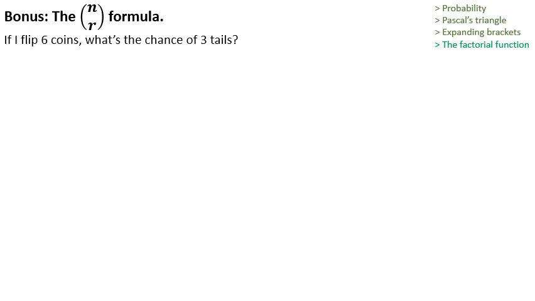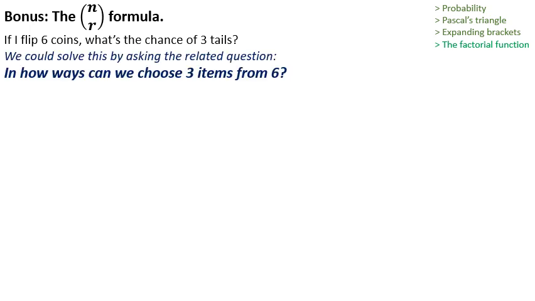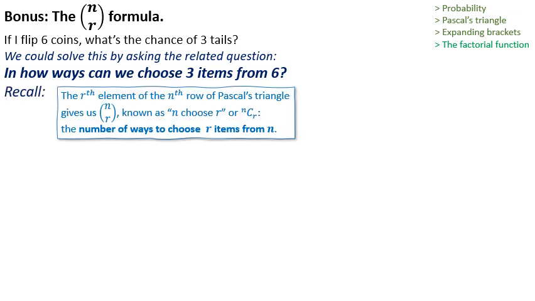If I flip 6 coins, what's the chance of getting 3 tails? But we're going to look at it from a slightly different direction. We want to ask the related question: in how many ways can we choose 3 items from a collection of 6 items? And you might remember we talked about the elements of Pascal's triangle representing the binomial coefficients, the n choose r or nCr numbers,